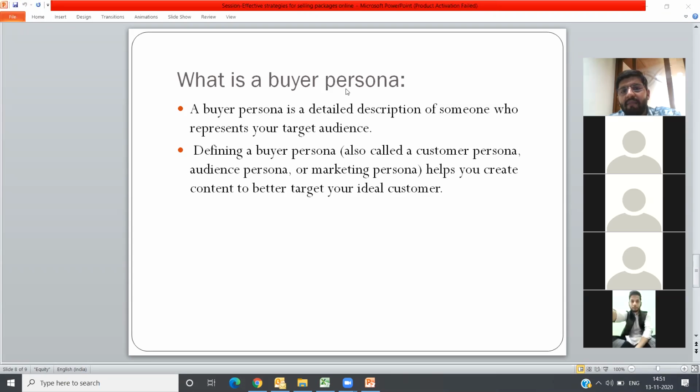Everyone in the market has a different buyer's persona. Someone is focusing on who will give the cheaper deal, irrespective of services, and they'll go to that company. So you can't run after each and every online lead. These online leads have different buyer's personas. They are not into your domain, because they are not all your ideal customers. So you have to be very sure who your particular customer is, who should buy from you.